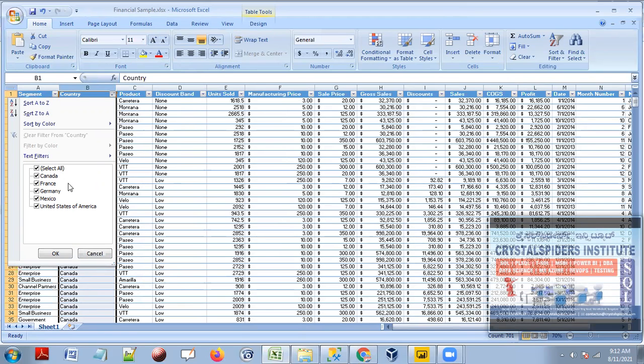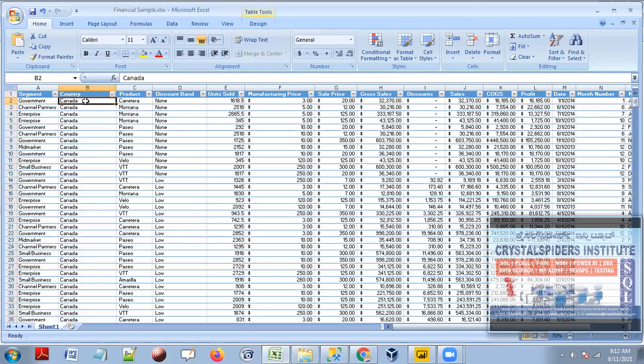And within each country, like Canada, there are some segments. Same segments. Every product in Canada, they are selling to some segments: government, channel partners and enterprise.